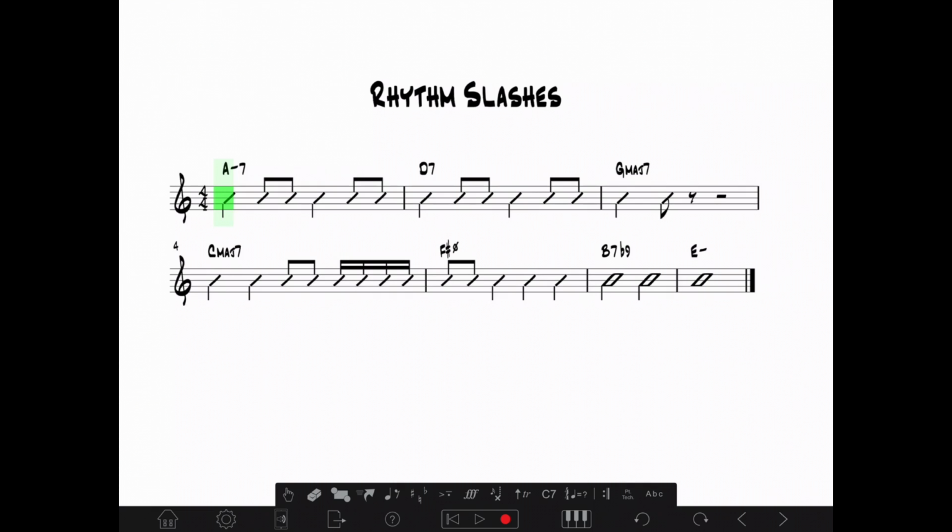I got a response to one of my Notion iOS videos about rhythm slashes. And actually, this is a feature I don't really use that much, even though I create lead sheets. It's kind of strange that I don't use this feature, though. But anyway,